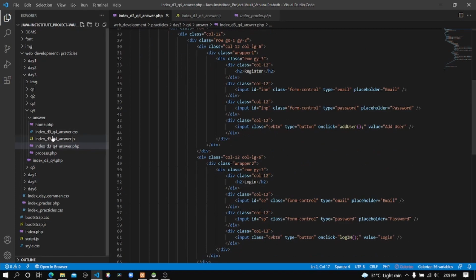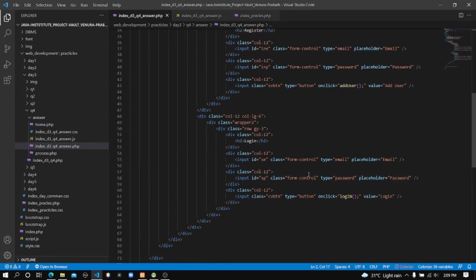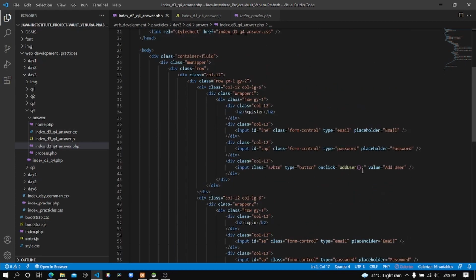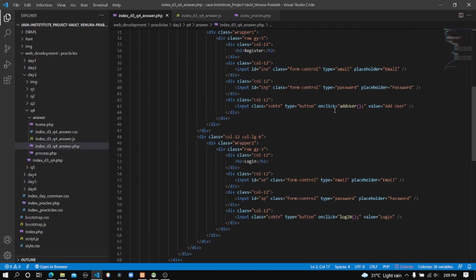But before that, I'd like to highlight something. You can see in the login button and also in the add user button, there's an attribute called onClick. That attribute will execute the JavaScript function we gave that attribute when someone clicks on this button.